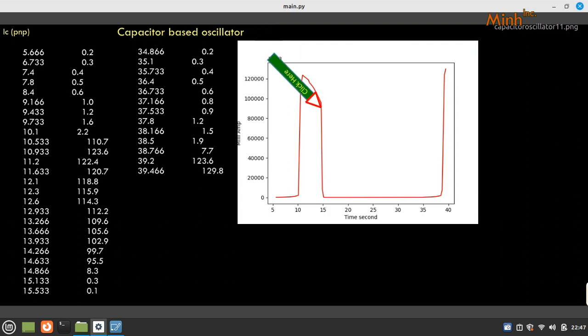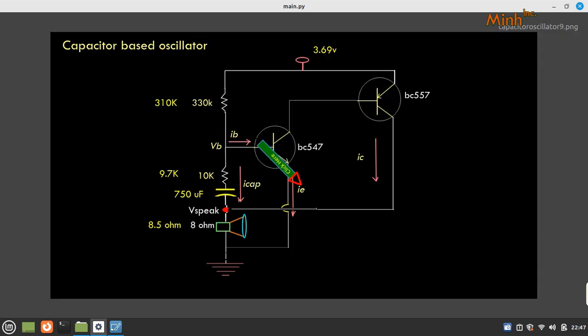Okay, now the capacitor is discharging. While the transistor circuit is active, the capacitor is discharging the way we demonstrated. First of all, the capacitor is charging through this path. From the VCC it is charging, and when it is charging, it comes to a level where VB is about 0.6, and this transistor becomes active. Okay, and when it becomes active, at that time this